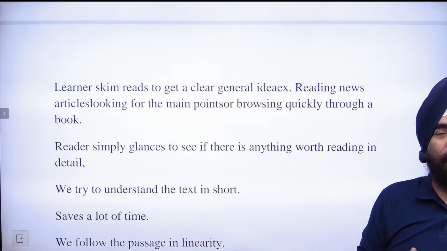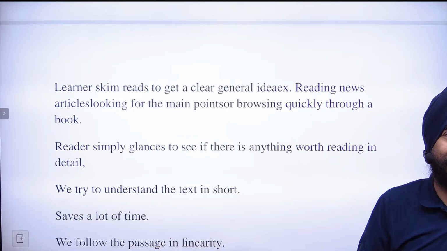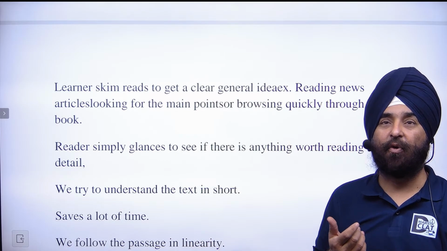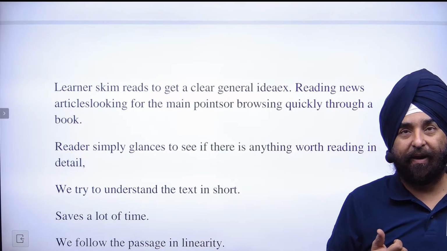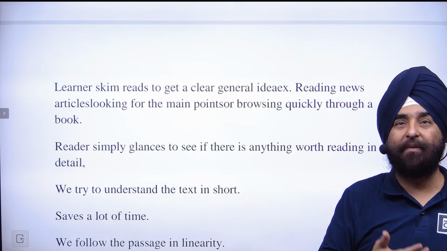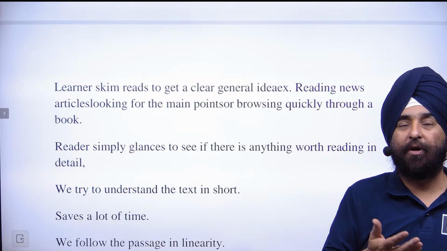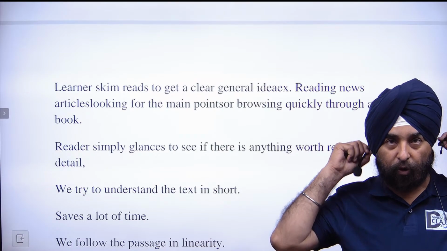Like what happens? Say if you go to a bookshop, you find different kinds of fiction books over there. Now, how do we get to know that what kind of book is it? So what do